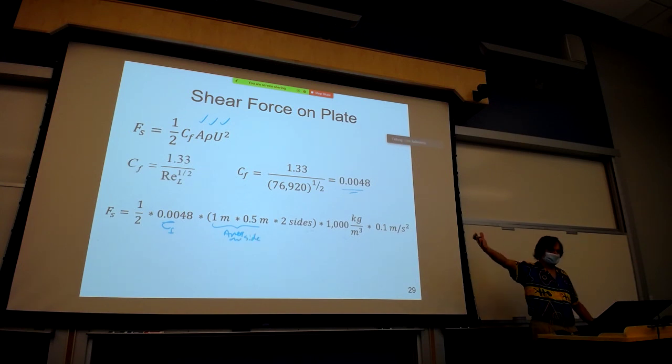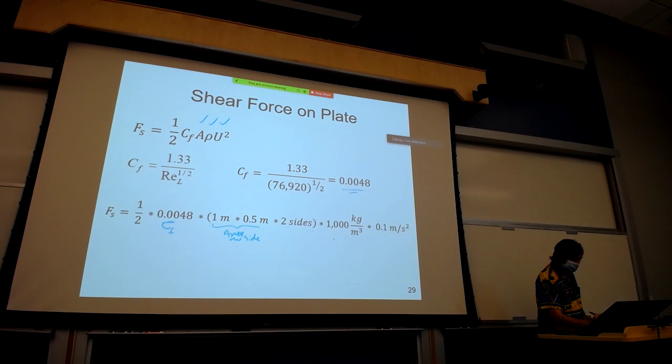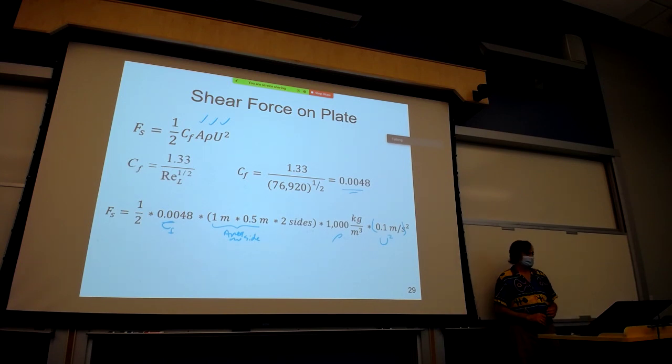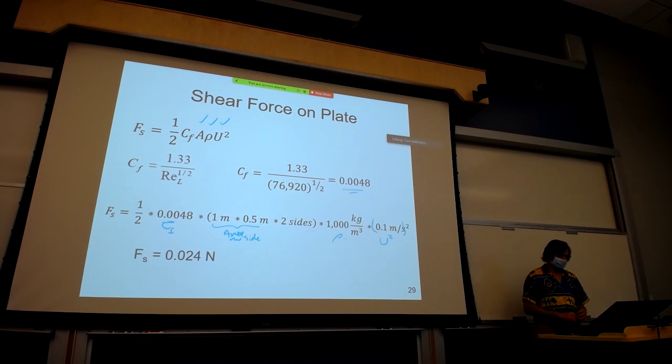And we multiply it by two sides. This is our density, rho, and this is the velocity squared. And so when we calculate that, we get a force of 0.024. Not a heck of a lot, but that's what it is. Any questions